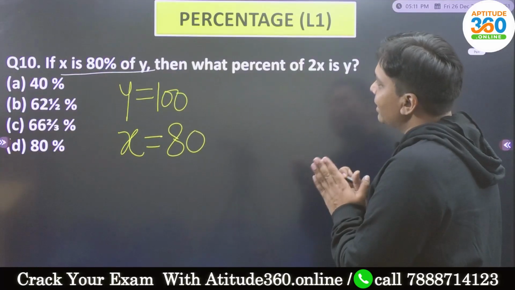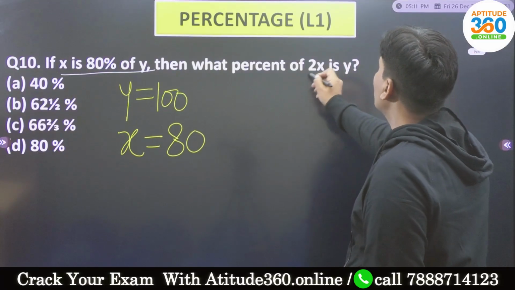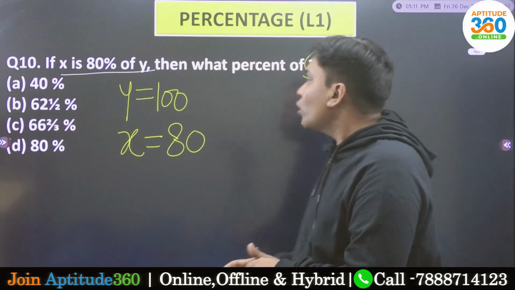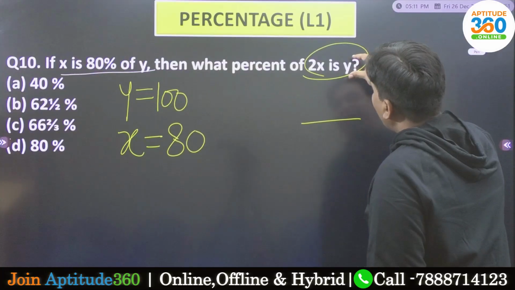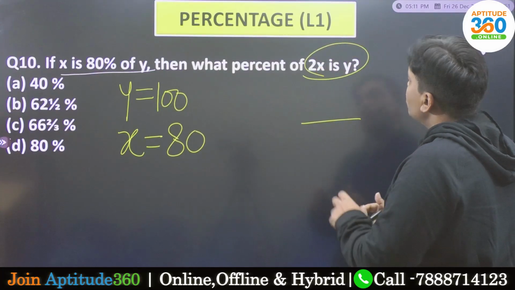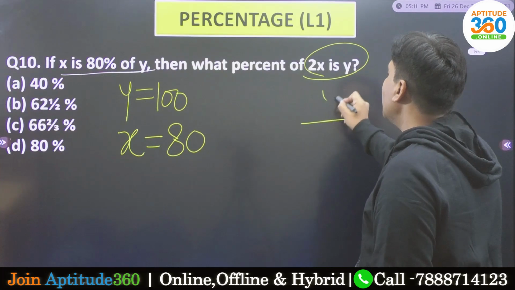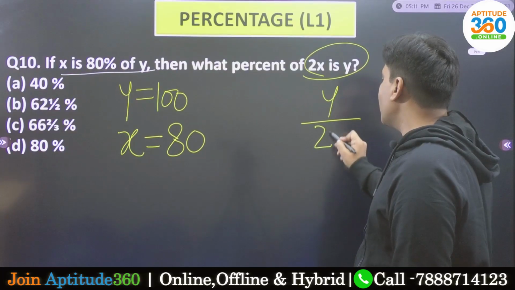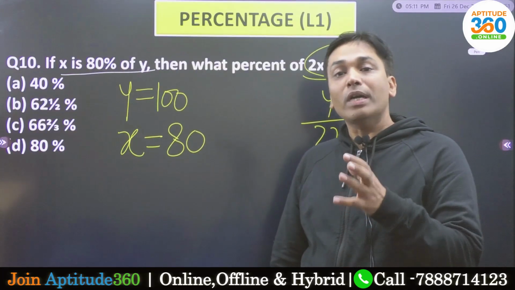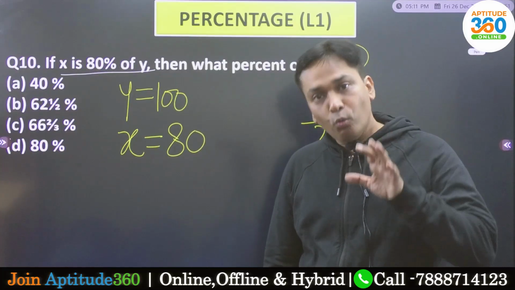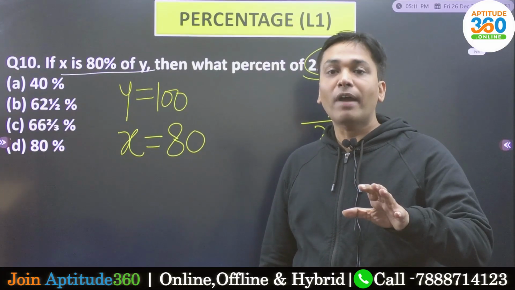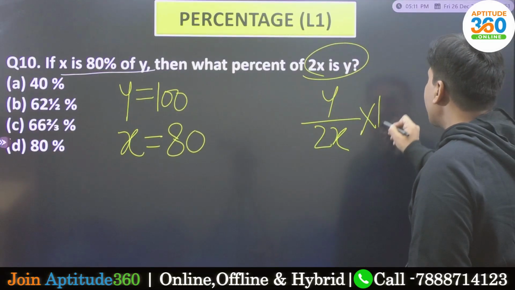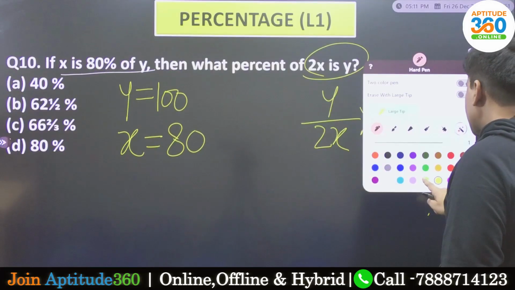अब अगर ऐसा आपने कर दिया तो प्रॉब्लम पूछता है, then what percent of 2x is y? तो आपने अब वीडियो नंबर 2 या 3 में क्या सीखा होगा? What percent of 2x, यानी आपने y को 2x से कंपेयर किया. सो जिसको कंपेयर करोगे वो होगा न्यूमरेटर में, और जिससे कंपेयर करोगे वो कहां पे होगा? डिनोमिनेटर में. So the value with which you will do the comparison from will be in the denominator, right? And the value which is getting compared should be in the numerator. And then obviously it will have to be multiplied by 100 because we are trying to convert this into percentage.